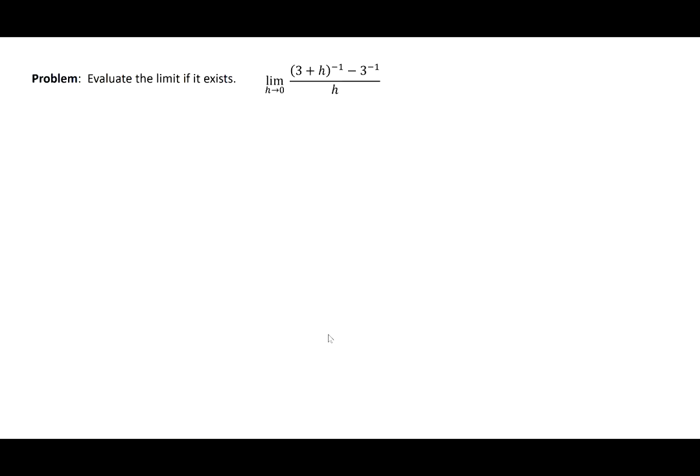Evaluate the limit. This is another very important problem. Again, as a first step, what do we do? Did you say plug h equal to 0? Yeah, wonderful. If you did that,